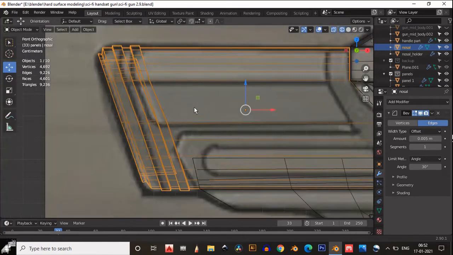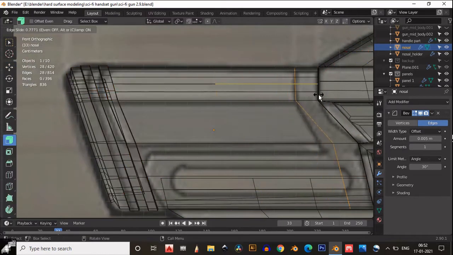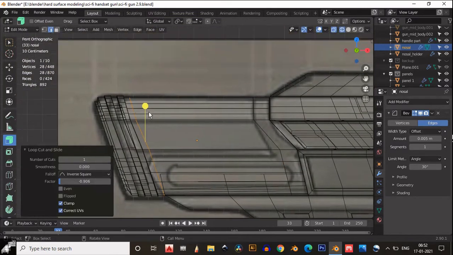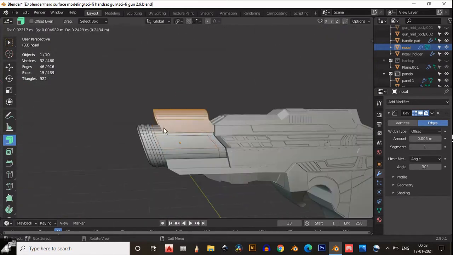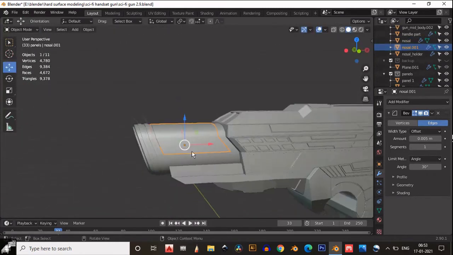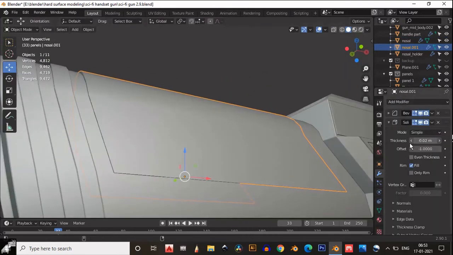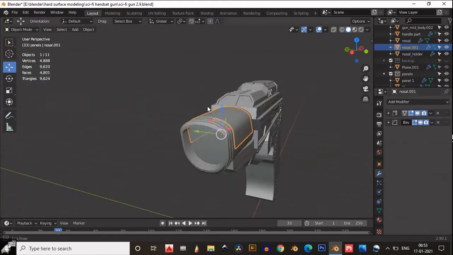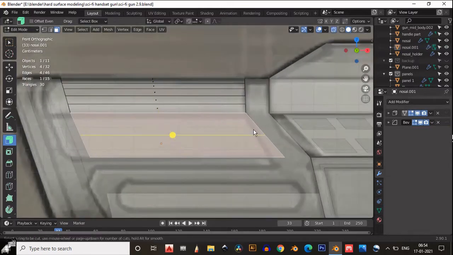Okay, now turn on the X-ray mode and we want to create this shape. Okay, so add a loop cut and select this edge and add one more loop cut right there. Okay, Shift D to duplicate, select these faces and then Shift D to duplicate and press P to create a different object by selection. Then you just need to add a solidify modifier here and add thickness to this, and you can see we have created this shape easily.